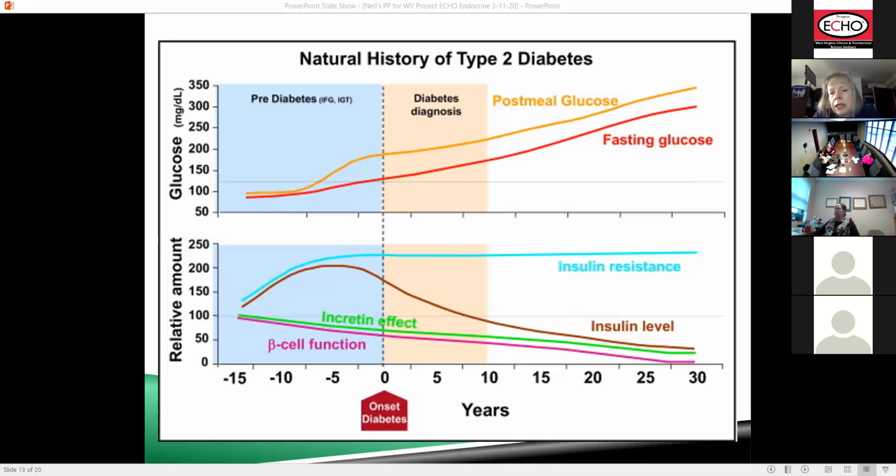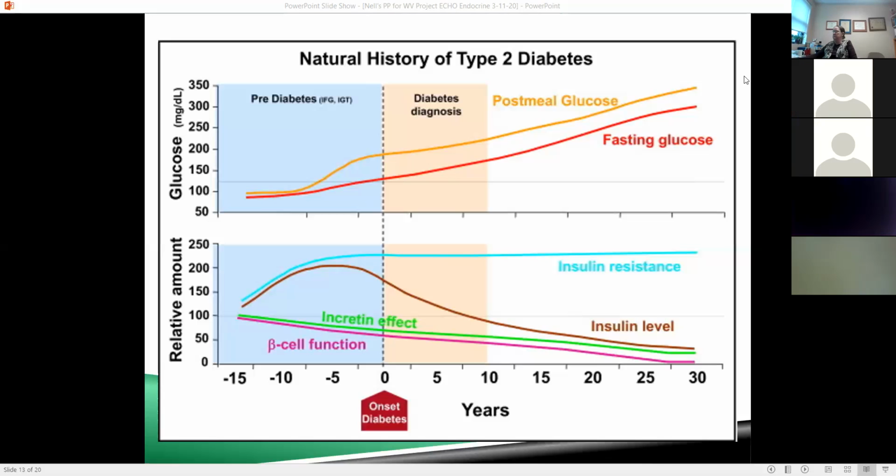And I've seen patients just give up because we're preaching to them they need to lose weight and exercise, when I would love to see them put on, just following the guidelines, which I'll show you in a minute, the right medication. Maybe they need a GLP-1 because their incretin hormone is so low. But they're probably going to tell you that they don't feel like exercising, and whether they tell you that or not, they probably don't. And they may be hungry all the time because